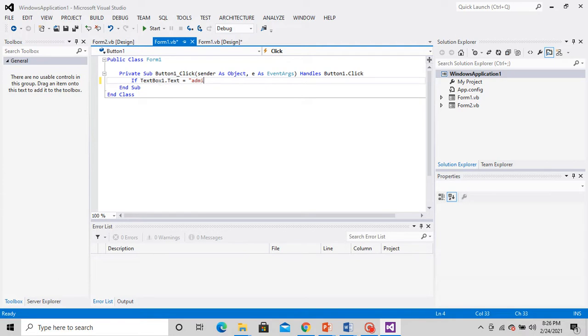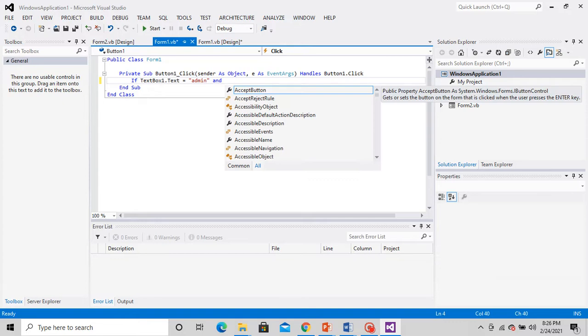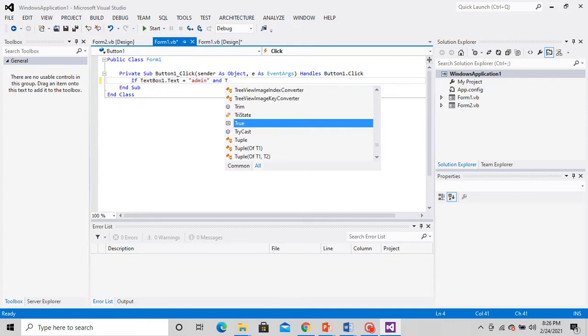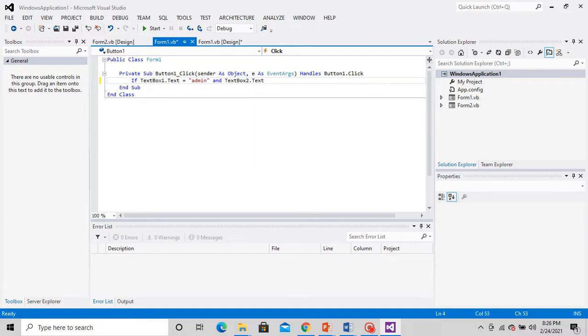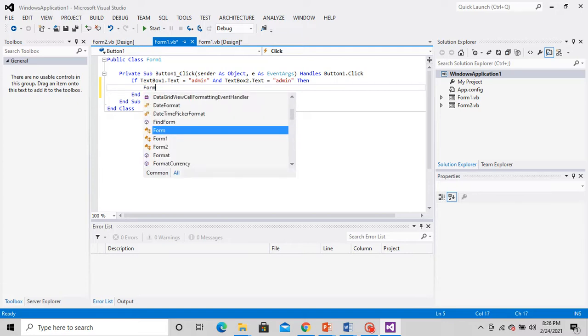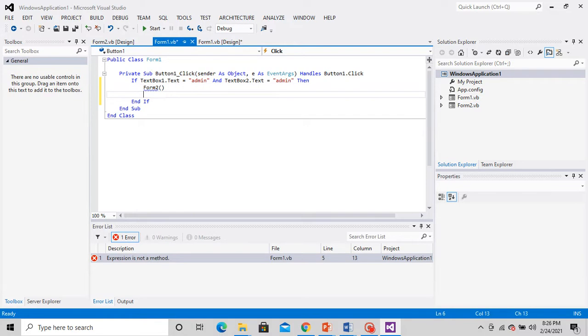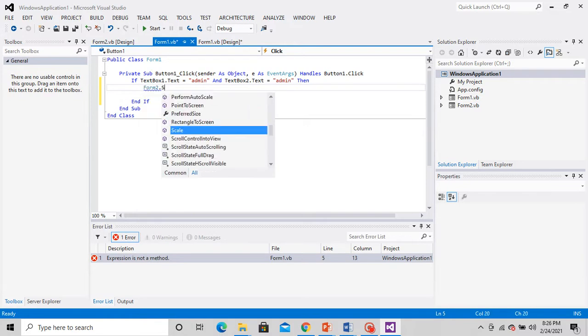So equal to admin, and text box 2 dot text equal to again admin, suppose. Then what should happen, students? It should be going to form 2, right? So then form 2 dot show.